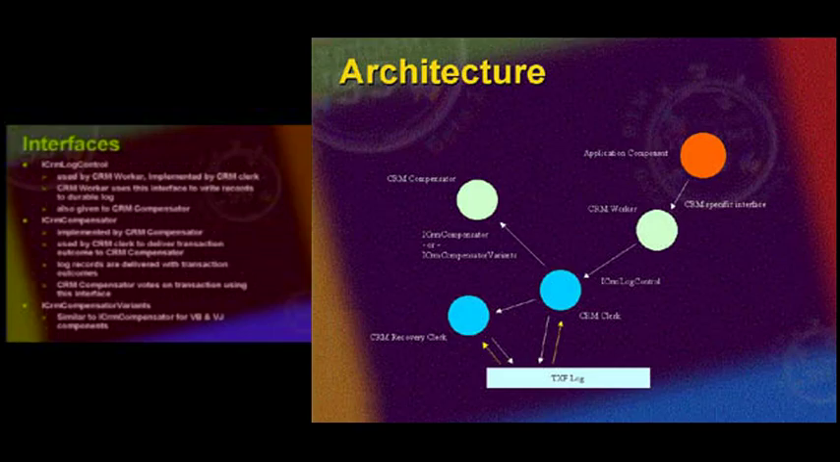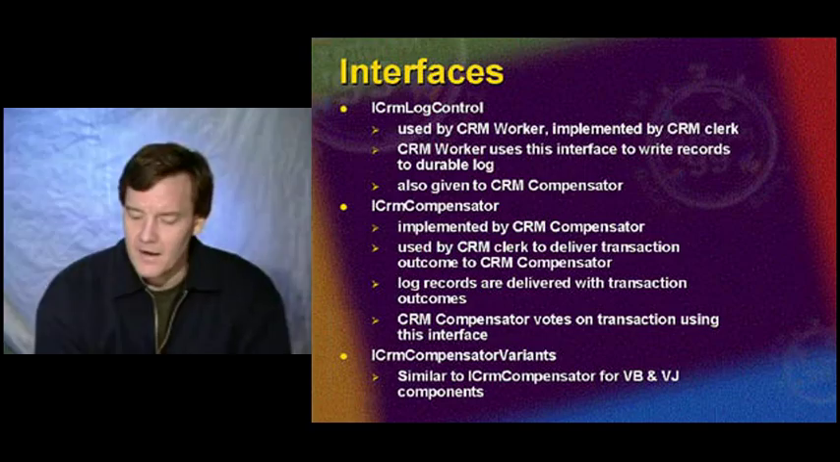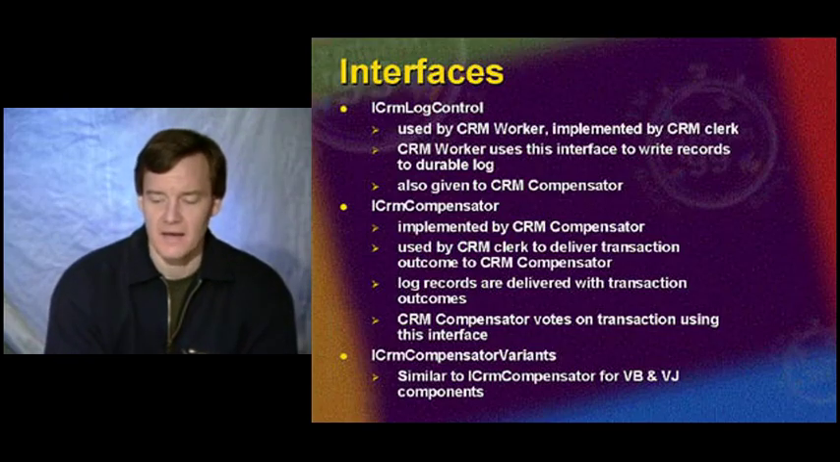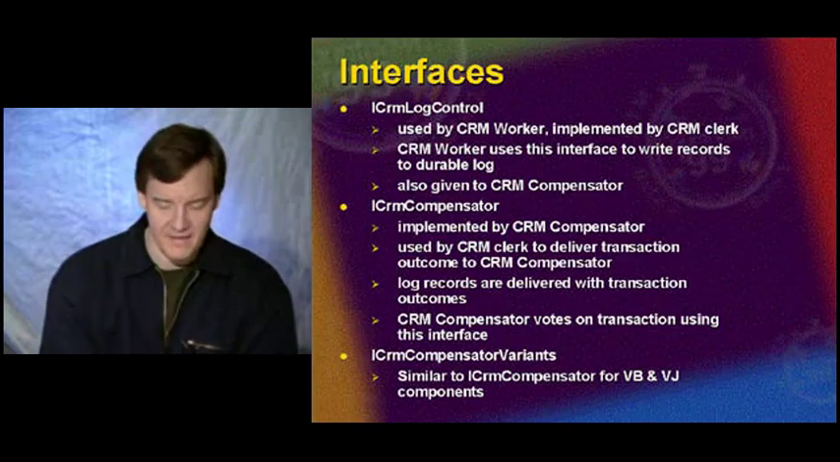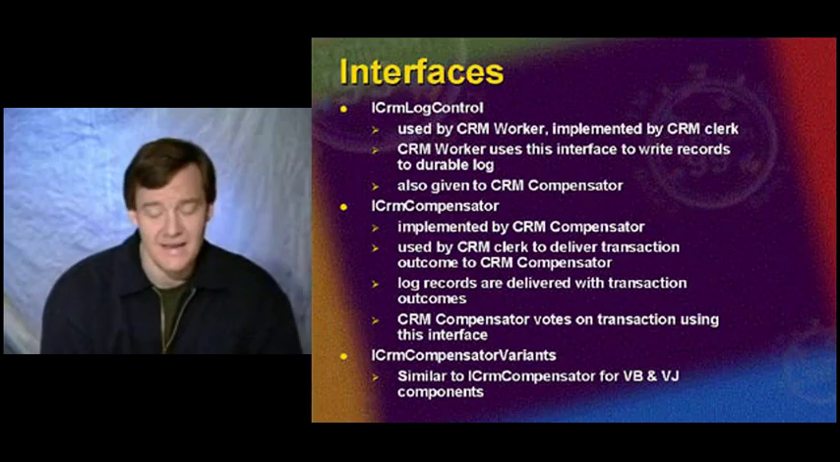So this is a quick overview of the main interfaces used by the CRM. First of all, we have iCRM log control, which was on the architecture slide previously. This is used by the CRM worker, and it's implemented by a CRM clerk component, which is our internal component. And the CRM worker uses that interface to write the log records to a durable log. And we also provide that interface to the CRM compensator when we create it, so that it can write further